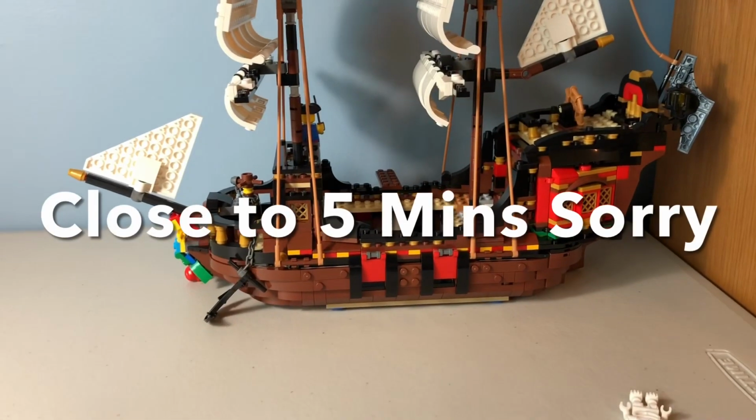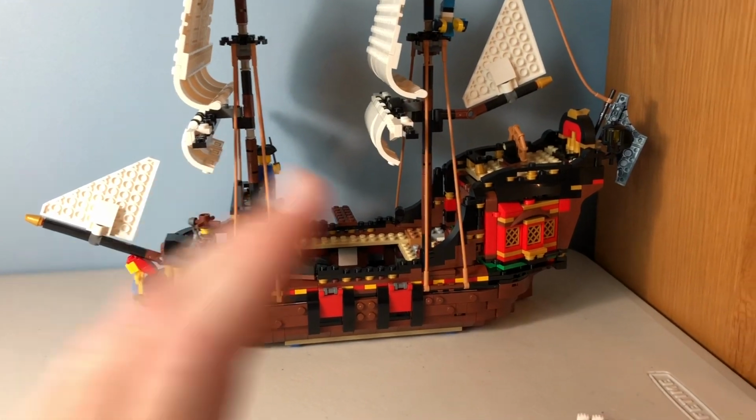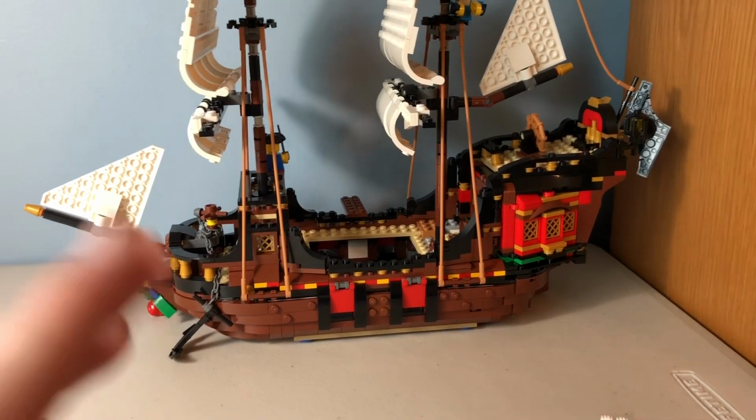Hello everyone, welcome to my 5-minute review of the pirate ship. It's a Creator 3-in-1 set that retailed for $100 back in 2021. You can still find this set around its retail price on Amazon, but LEGO, I believe, has just retired this